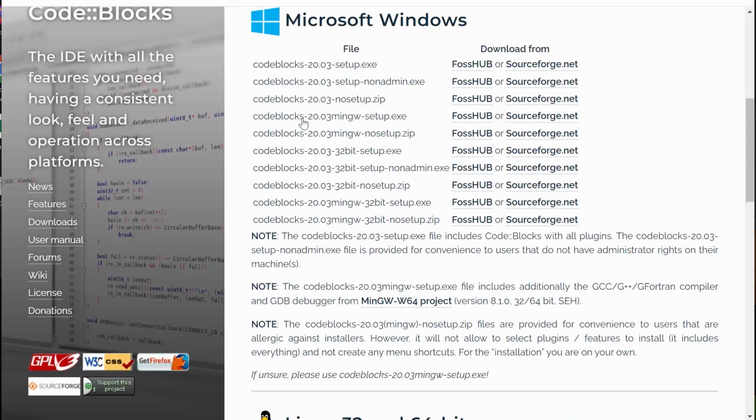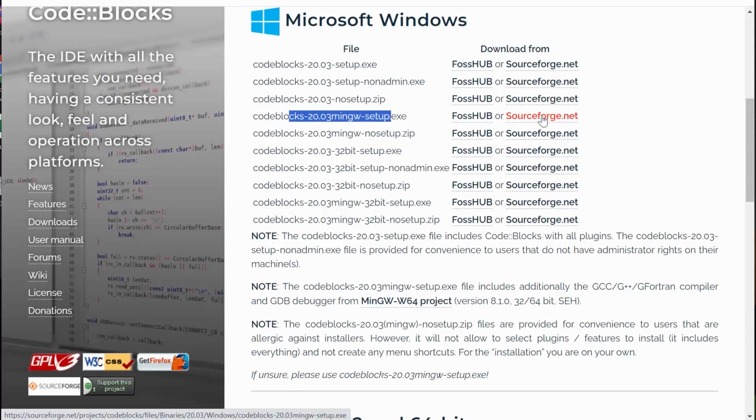So let's check Microsoft Windows, and you can see here a bunch of releases. And we need the one called CodeBlocks mingw setup. It's actually the one that has an included compiler. All other setups that don't have this mingw don't include a compiler, so they're for those users who want to connect their own C++ compiler they already have. We are not this type of user, so let's pick this one, CodeBlocks mingw setup. Here you can see the note below that it's exactly the build that includes a compiler.